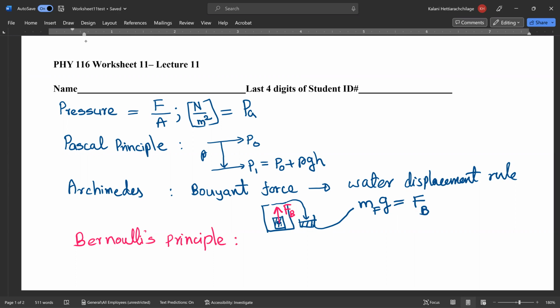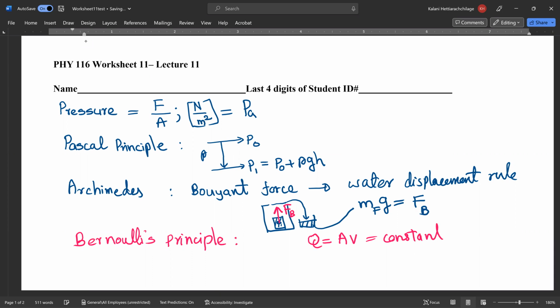Not turbulent flow. The flow rate Q can be written as the cross-sectional area of the liquid tube times the velocity of the liquid on that cross-sectional area. And this is a constant if it is a